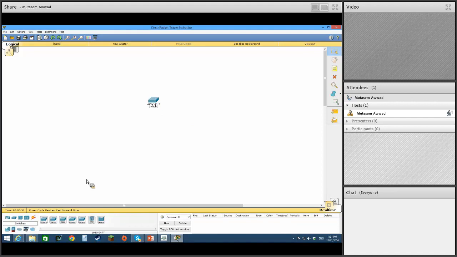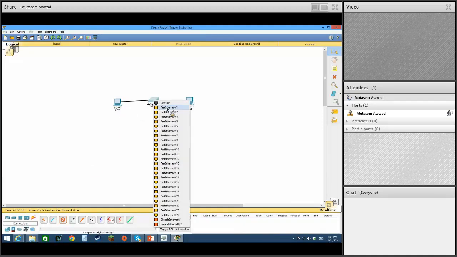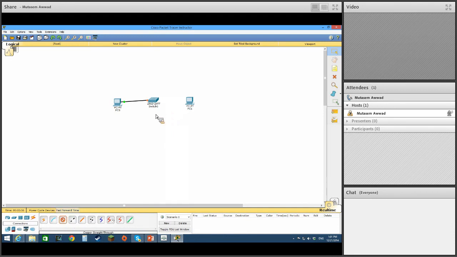here. You know what? Let's do this. Let me go to the end devices. I'll put a PC here and a PC here, right? And let me connect these devices together. Here's FastEthernet0 to FastEthernet0/1. Let's take this to FastEthernet0/4 and put this on FastEthernet0. All right. These two guys are on the